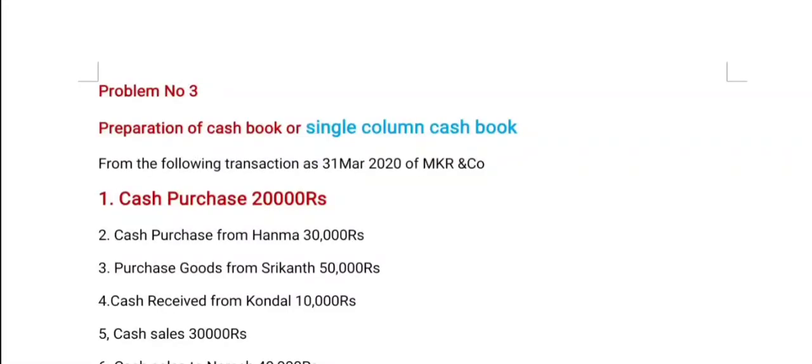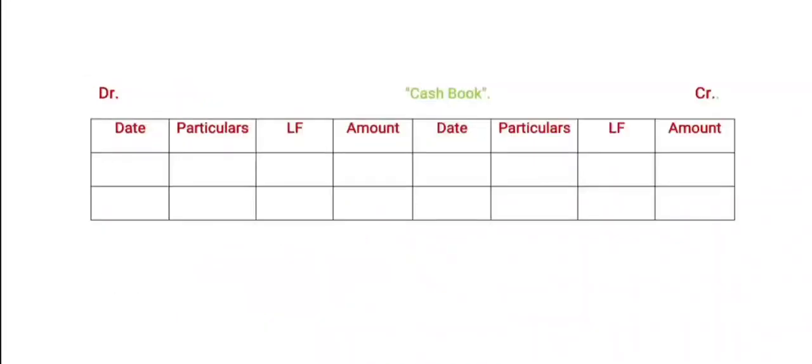Now we are coming to the transactions. 1st March, that is cash purchase 20,000. Here we are going to the cash account of the cash book, which we already know. It has two sides, one is debit, another the credit side. It looks like a tea shop. Now we are coming to the debit side: date, particulars, ledger folio, amount, and the credit side is also the same.